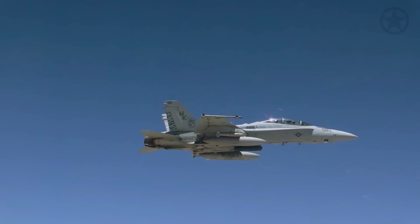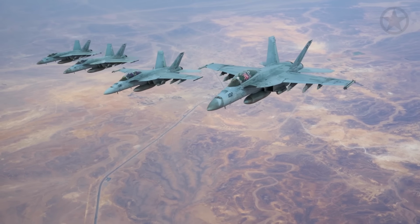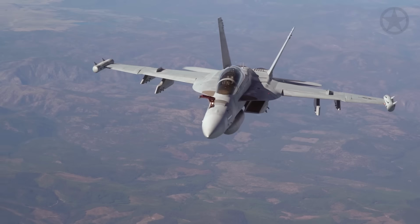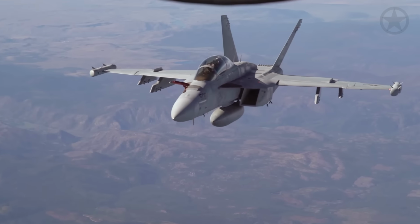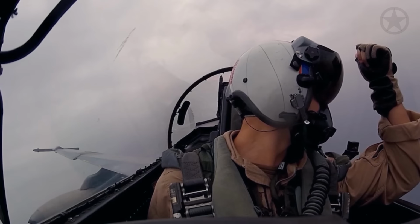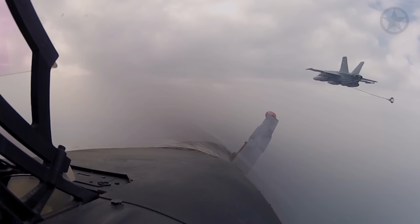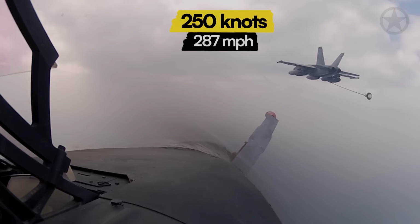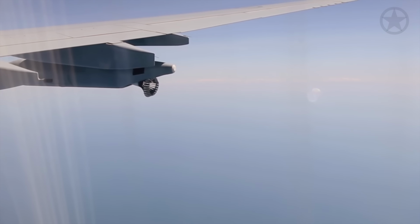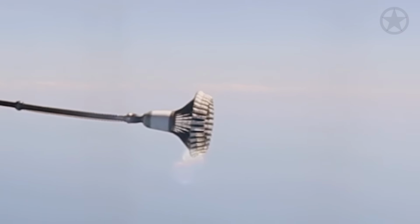Radar contacts appeared 30 miles west of their position. 4 Super Hornets approached in a staggered formation, each carrying something distinctly different from the weapons loads of the strike aircraft. The lead tankers signaled readiness as the first strike fighter banked toward the approaching formation, dropping airspeed to 250 knots. From the center line of the tanker aircraft extended a flexible hose, culminating in a basket-shaped drogue that wavered